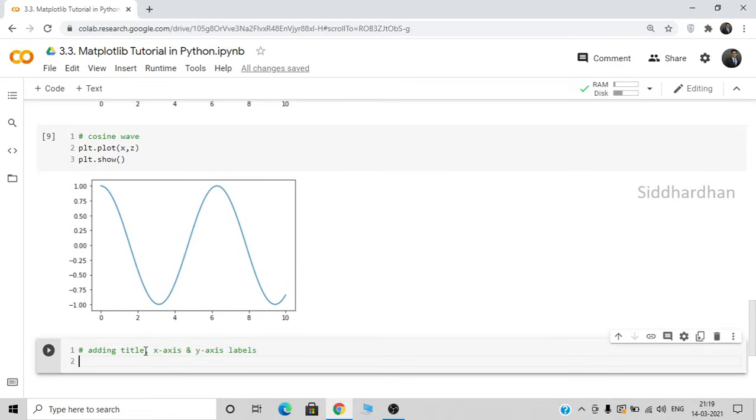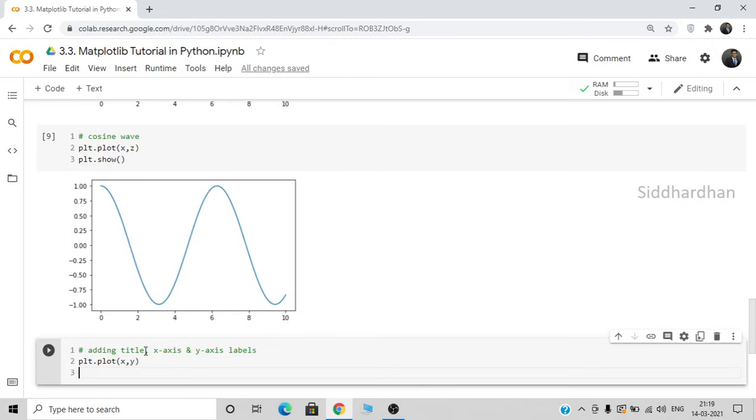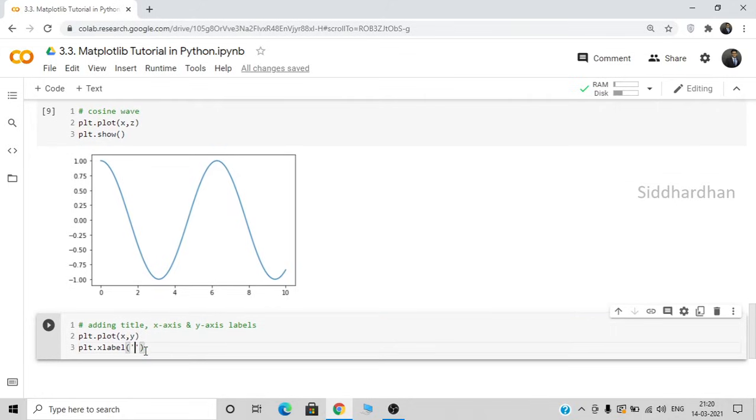Okay, so let's again plot the sine wave, which is X and Y. So plt.plot, mention X comma Y, and plt.xlabel. This xlabel function will help us to give an X label value. I want the X label to be angle, because X is nothing but the value of angles, right? So we are finding the sine value of all these angles. So xlabel, let it be angle,